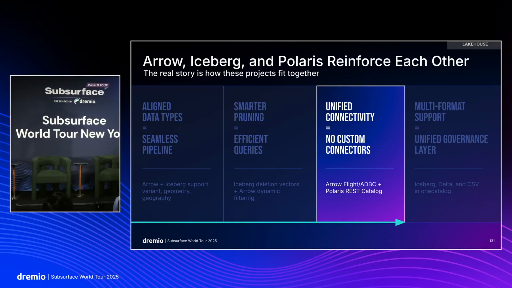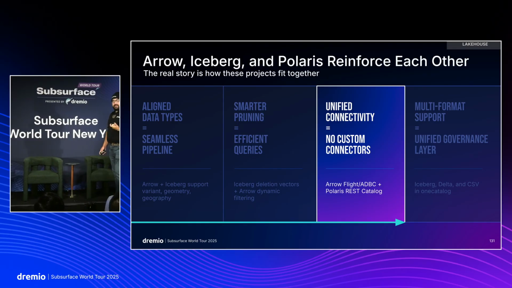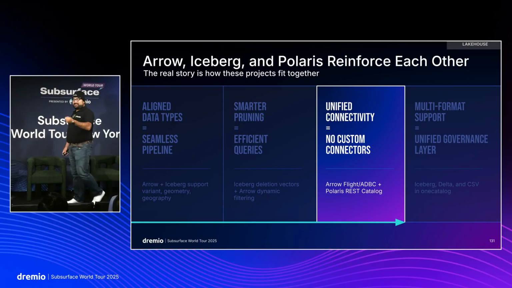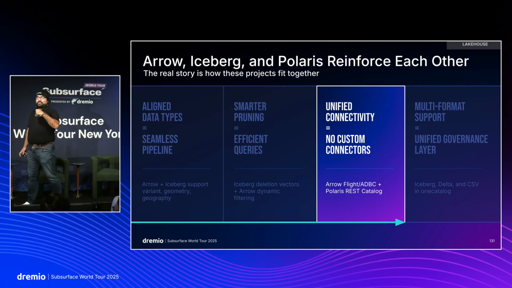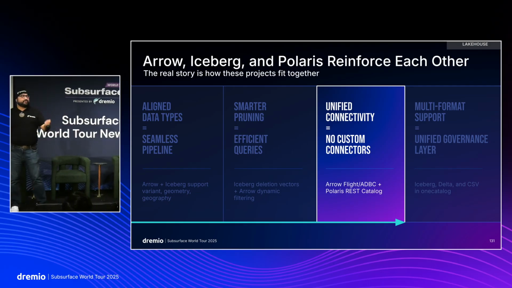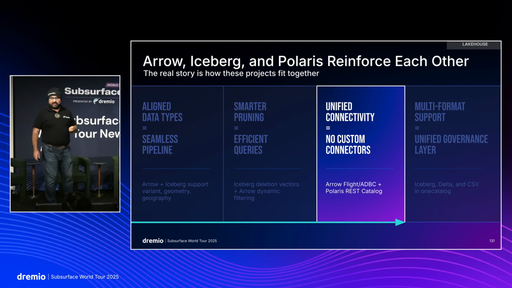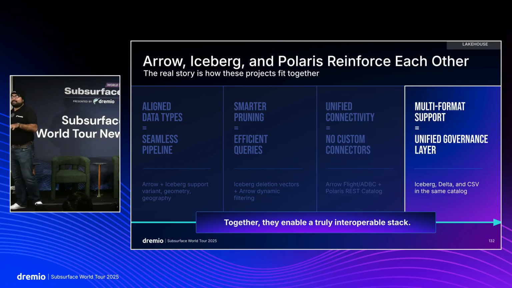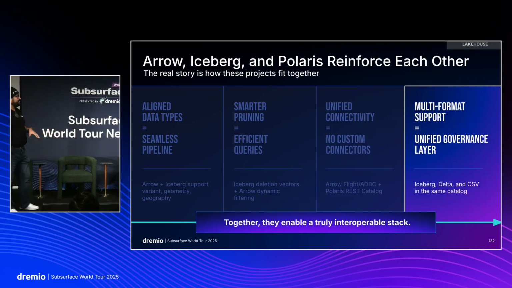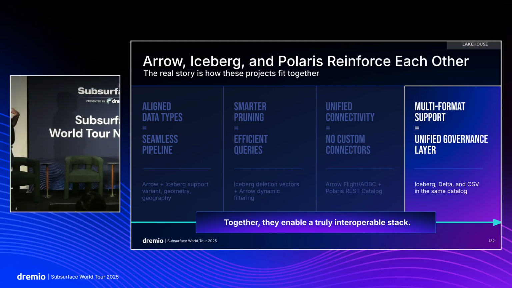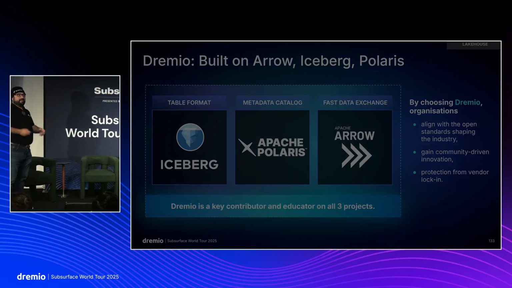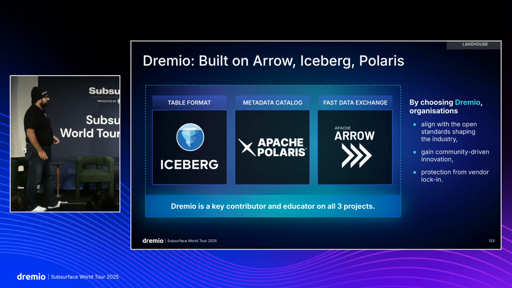Things like ADBC, which acts as a uniform interface so that you can connect your engines to your data sources, or the REST catalog interface for Iceberg, which allows your engines to talk to your Iceberg catalog in a universal way, so that you're not locked into any particular tool, are just growing in adoption. Okay, we'll hear a lot about both of those, particularly throughout the panel. And again, these are all expanding beyond different formats.